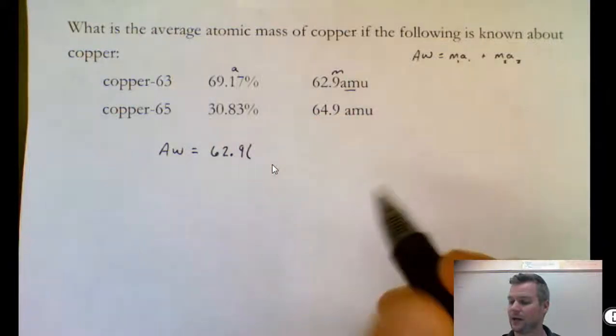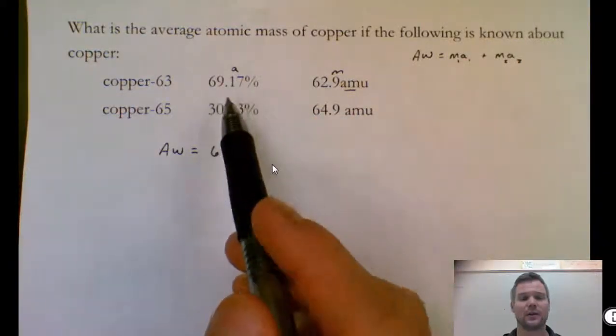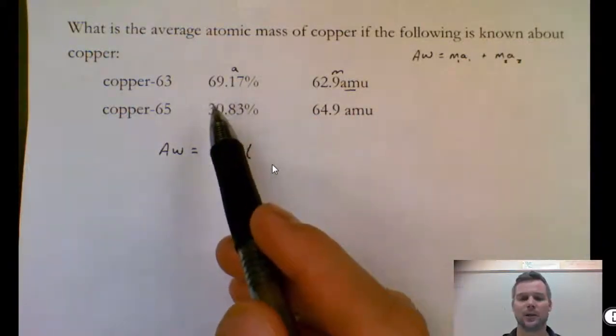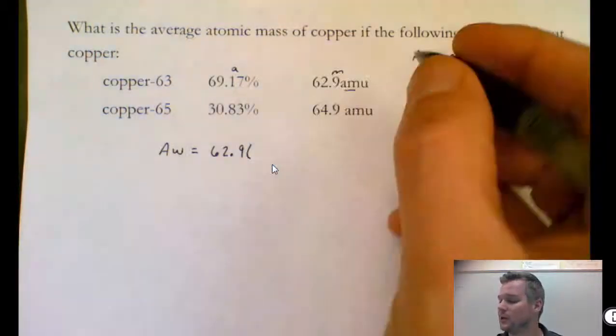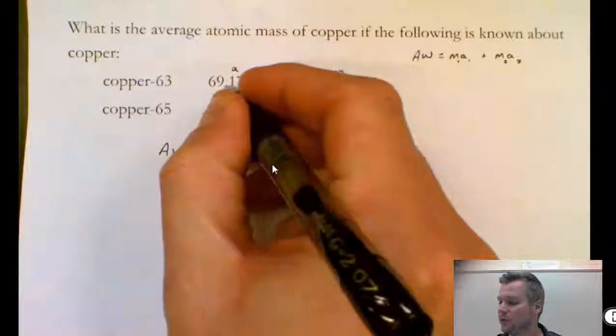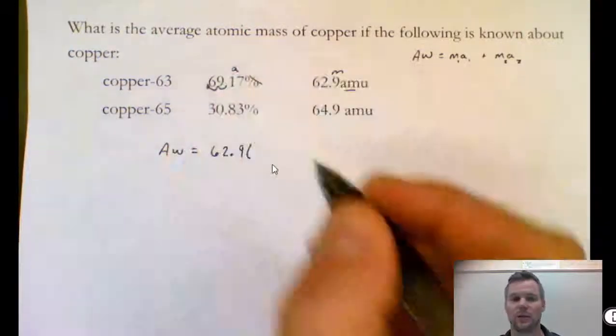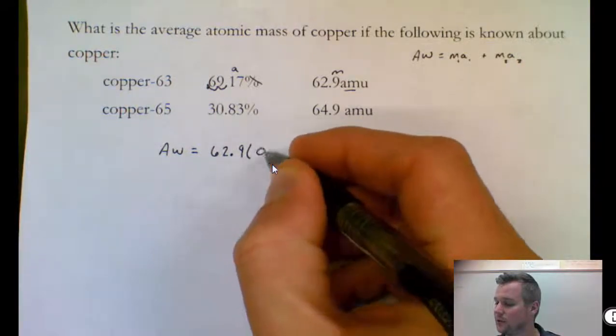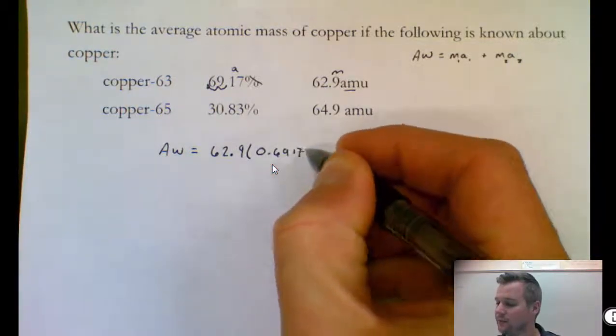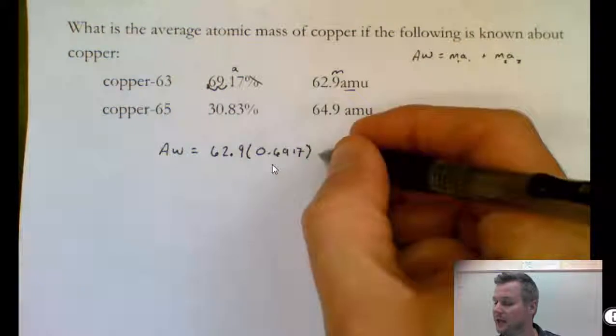times the abundance. But the abundance right now is in a percentage. We multiplied by 100 to turn it into a percentage. We're going to want to turn that percentage into a decimal. So that means drop the percentage and move the decimal 2 spots to the left. So 62.9 times 0.6917. And then I'm going to add to that